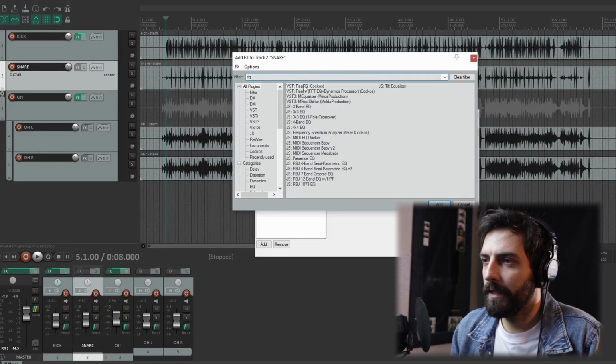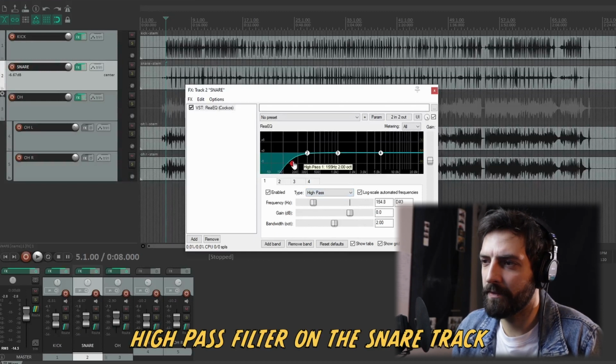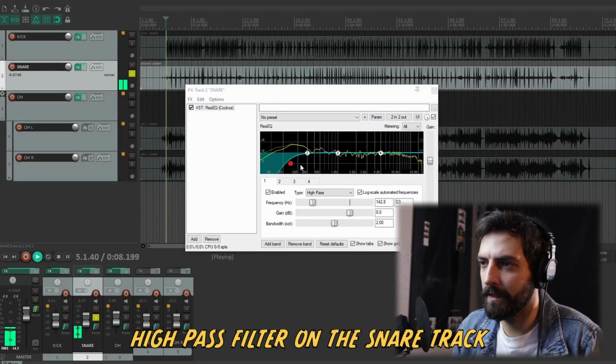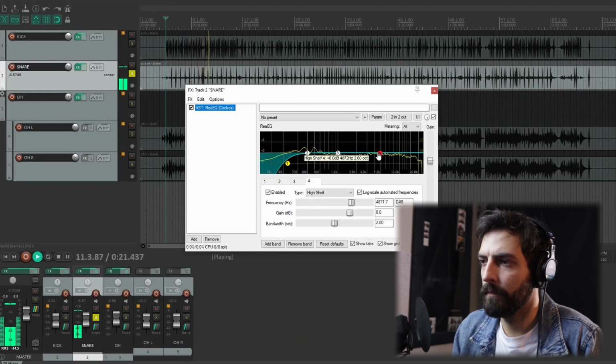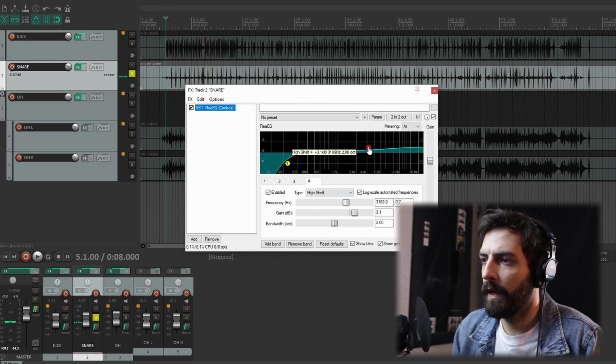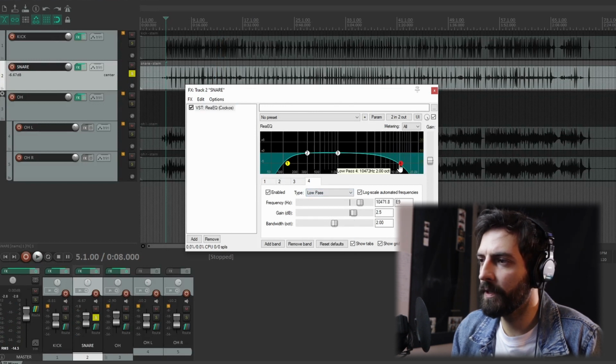So let's go with the EQ. Then in the first place, I think we can do a high pass filter on the snare straight away. Here, let's see. I think I might use one of these as a low pass filter as well and just get that harsh top end coming from